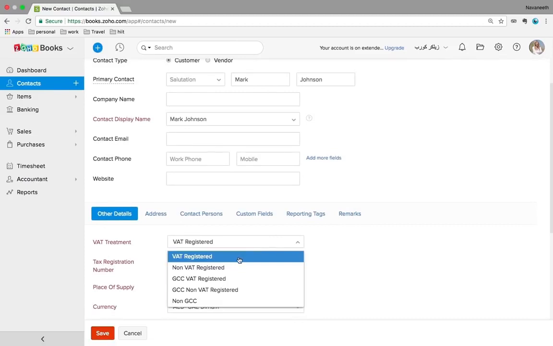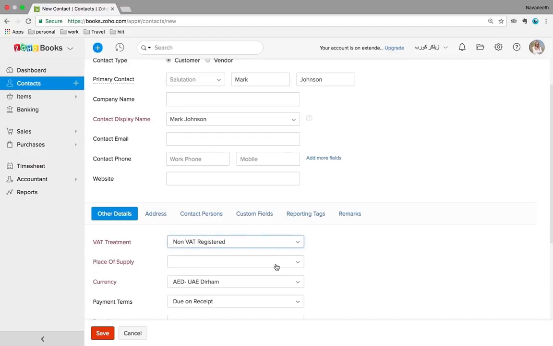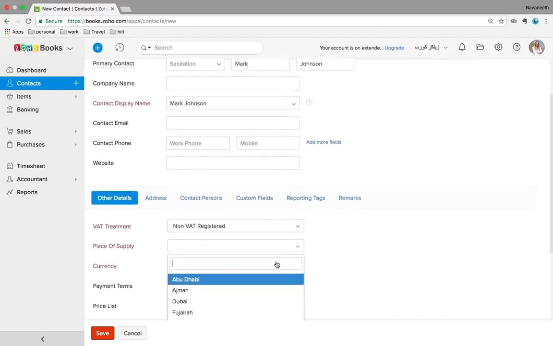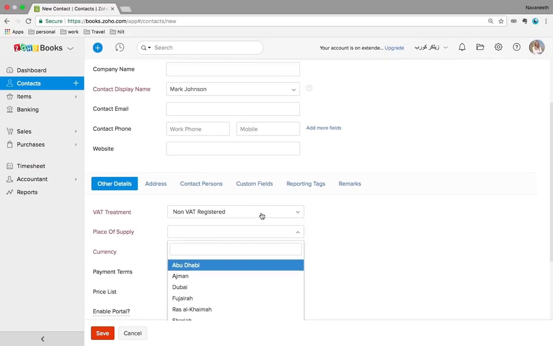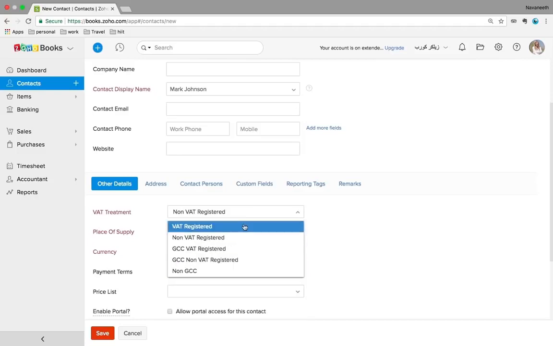Let's say he's in Dubai, but he's not registered for VAT yet. So you have that option as well, and the place of supply list would still be the same. But let's say he's outside the UAE, within a part of GCC, but not UAE. So all you have to do is select this option here,